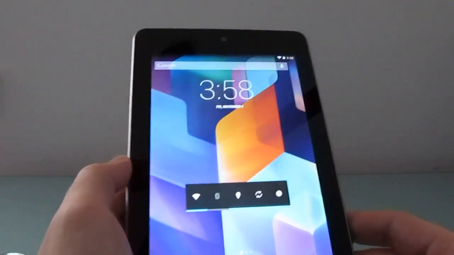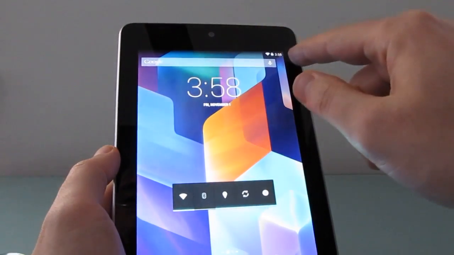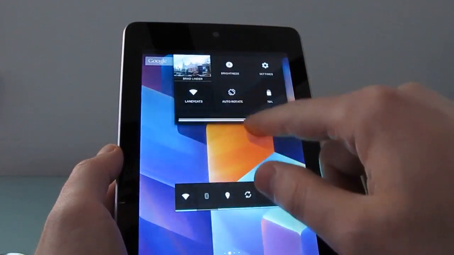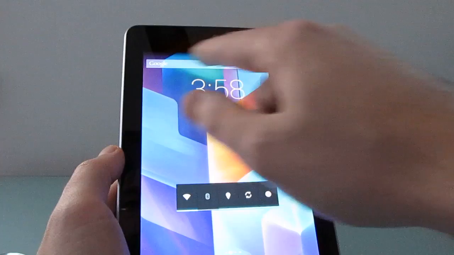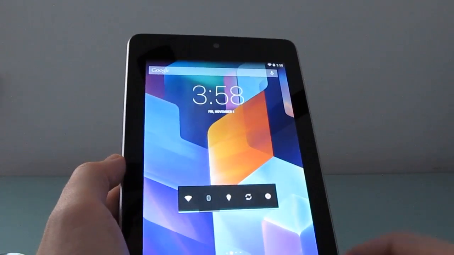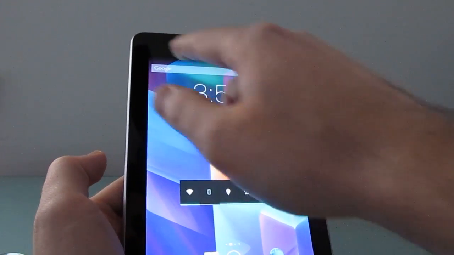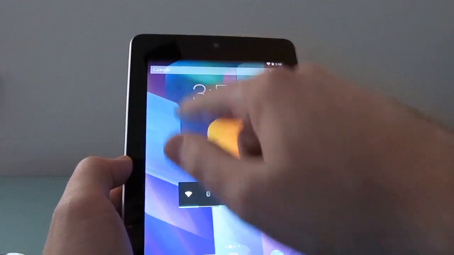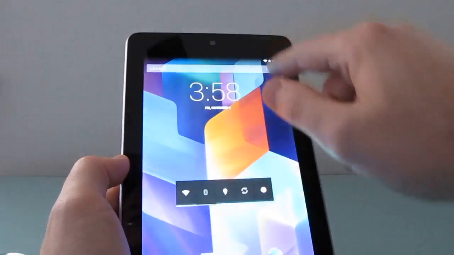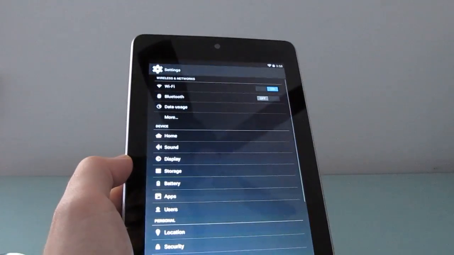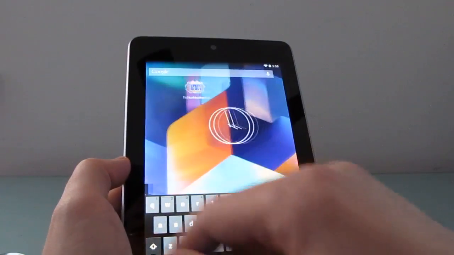I guess the last thing that's interesting about the home screen here is that you can see that the navigation, or the status bar here up top, it actually blends in with the background. So the buttons don't have a little black background, the status bar doesn't have a black background, but you can still swipe down for notifications or for settings. So that's a quick look at the new home launcher